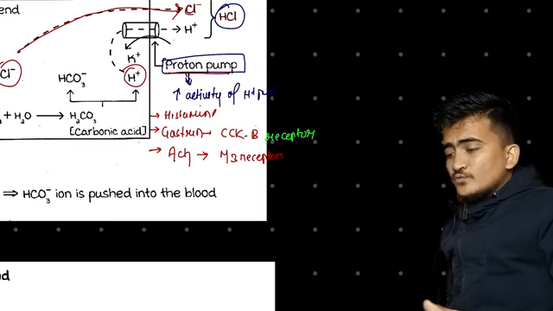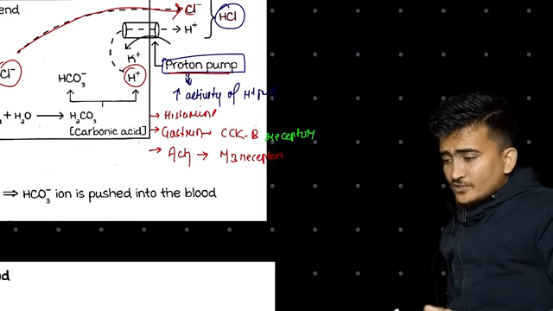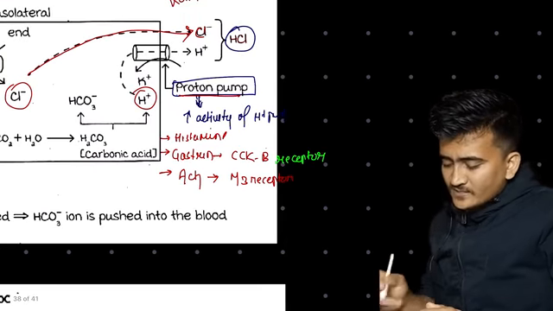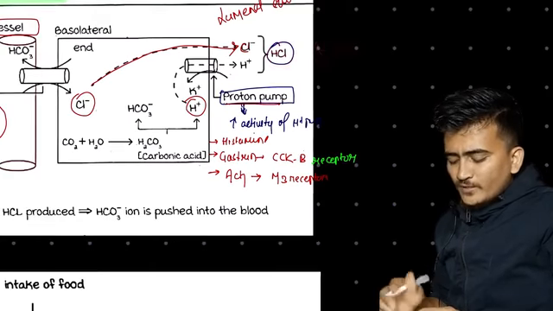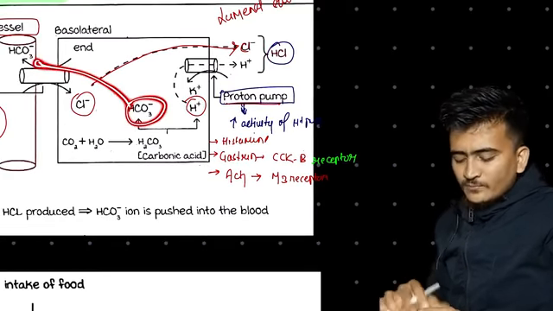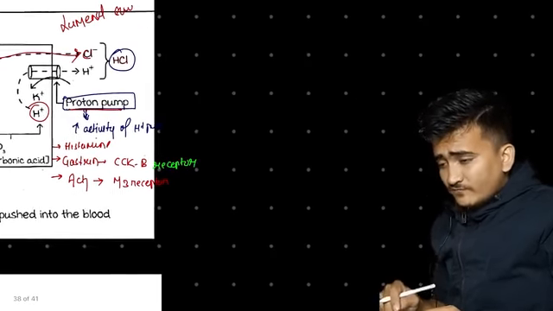So now there is one important concept, as I've already mentioned, that for every acid being produced, for every HCl being produced, there will be one bicarbonate ion that will be moving into our vessels. So now this effect is called